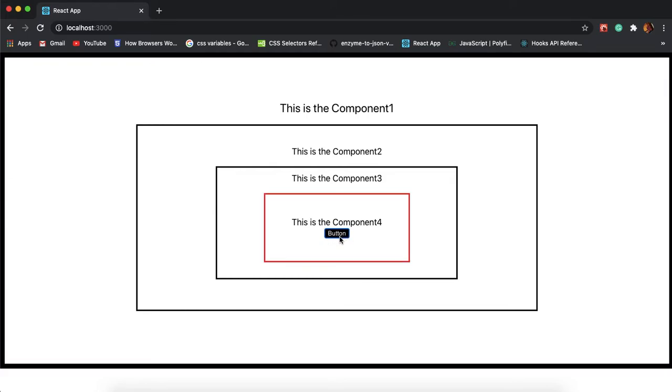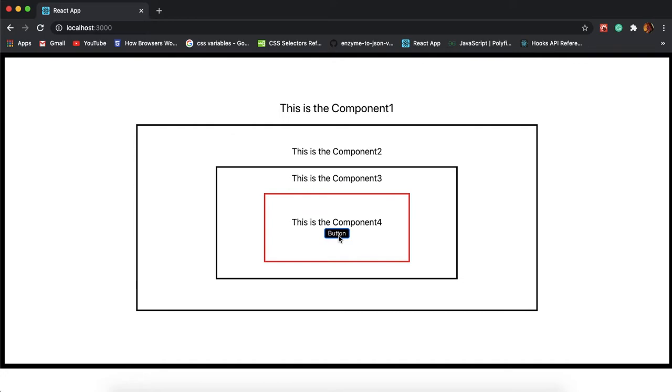So now we are going to achieve this using state. The outermost component will have a state, and this state will be passed down to the bottommost component with the button and component 4.